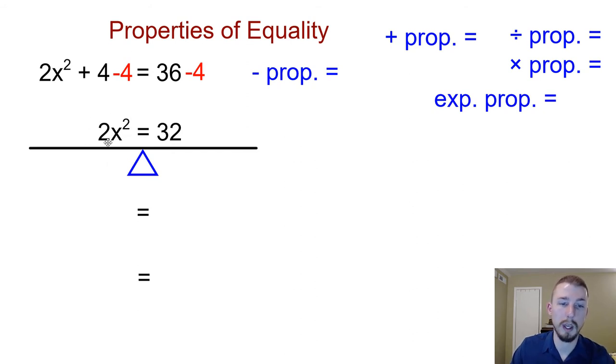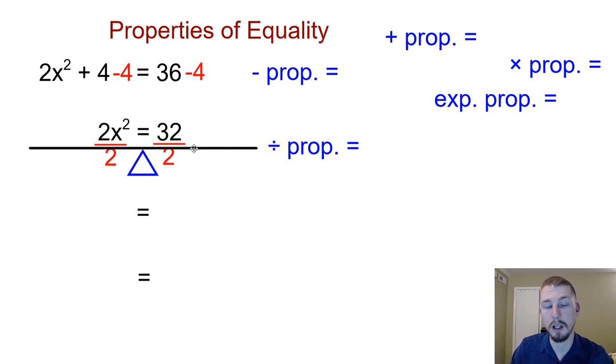So how do we undo multiplication? Well, I'm going to divide both sides by 2, and that's going to be the division property of equality. So if I divide one side by cutting it in half, I have to cut the other side in half as well, which means x squared is going to be equal to 16. So those are still going to be